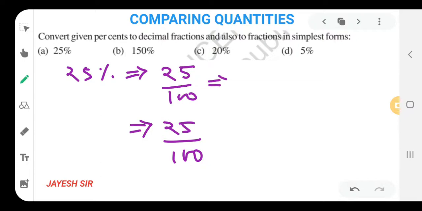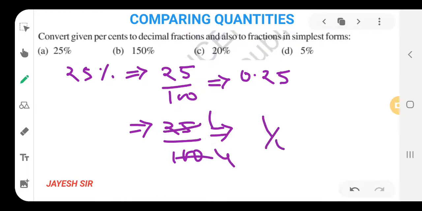So in terms of decimal, point after 2, because 100 is there in the denominator, so it is 0.25, which could be pronounced as zero point two five, not zero point twenty-five. Don't make that mistake. In decimal we pronounce it like that. Now in terms of fractions, 25 1s are 25, 4s are 100. In terms of fraction, it could be written as 1 upon 4. I hope you all might be clear.